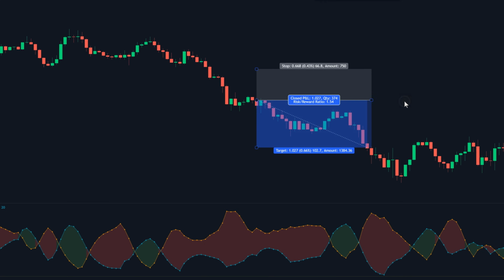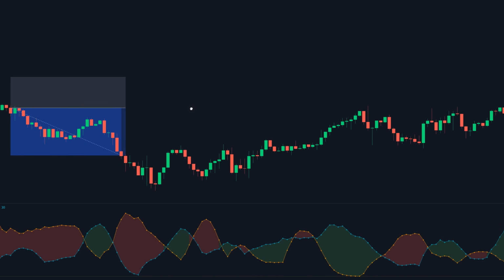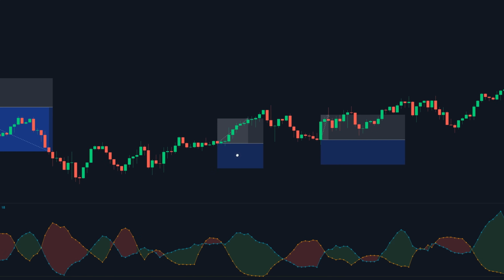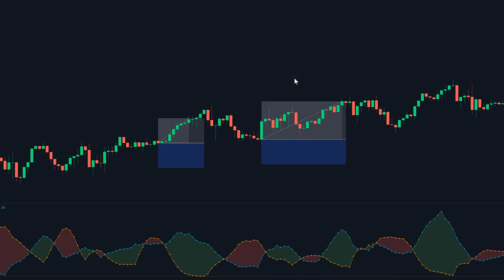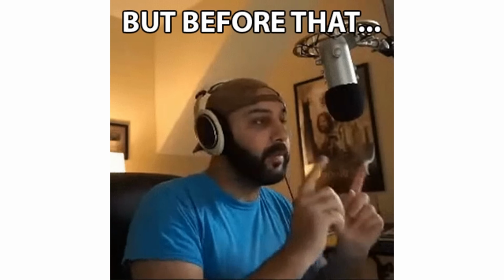This indicator should always be used as a secondary indicator in conjunction with other technical analysis tools, because just like any other technical indicator, this one produces lots of false signals, especially when the market is ranging. So because of that, we're going to add a trend filtering indicator and see how we can use it in conjunction with this tool. But before that, let's talk